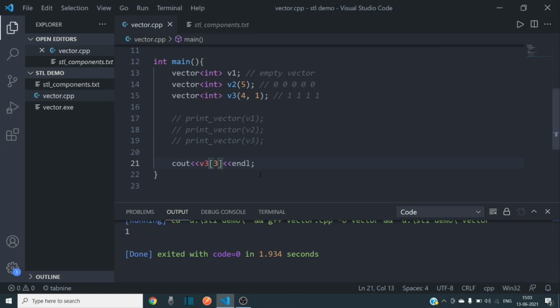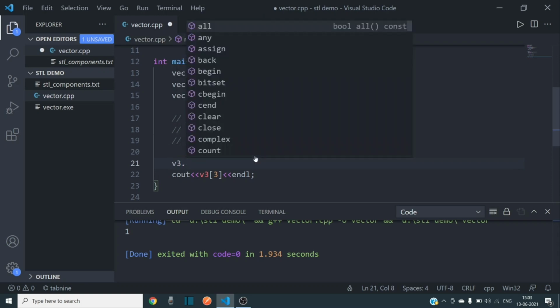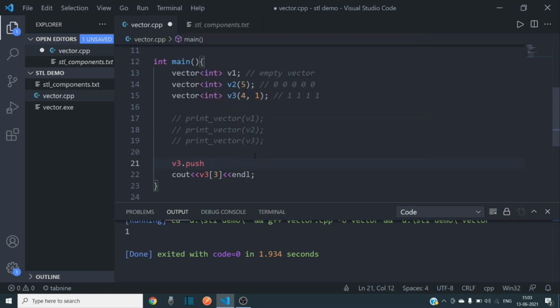Yeah, so how can we add elements into a vector? Then I will be showing you a different way of accessing the vector also. If we want to push something back on the vector, we can write vector name dot push back and specify the value.